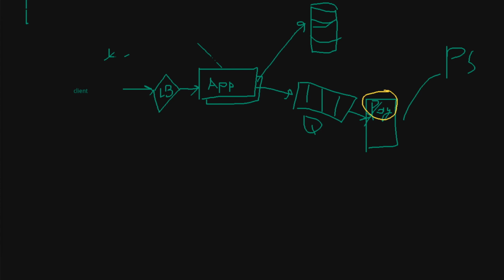And for the messaging queue, we could use something like Kafka or RabbitMQ, something like that. Okay. Let me try to understand this part a little bit with the queue. This part here, can you explain what is this? Is it a service or a database, or what is this payment box?